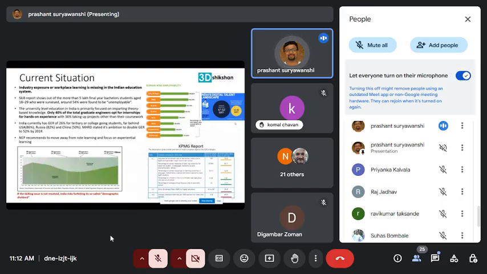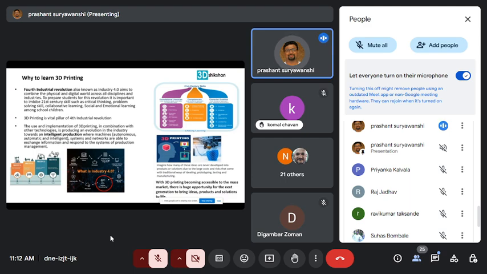It is not only about 3D printing or experiential learning, but about any technology. Everybody is talking about Industry 4.0. There are different technologies like AI, cloud, cyber security, big data analytics, and simulation.